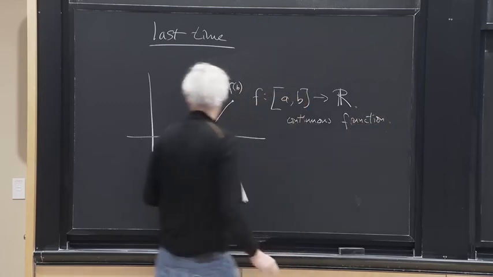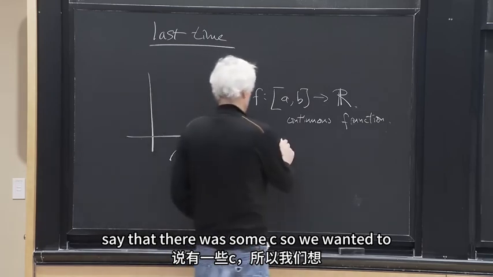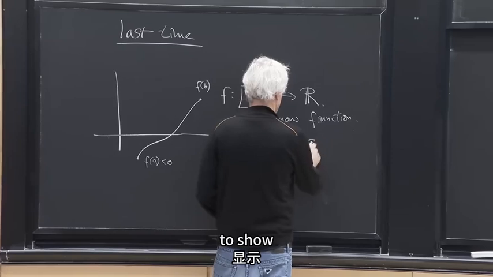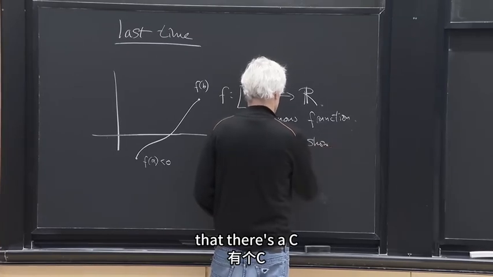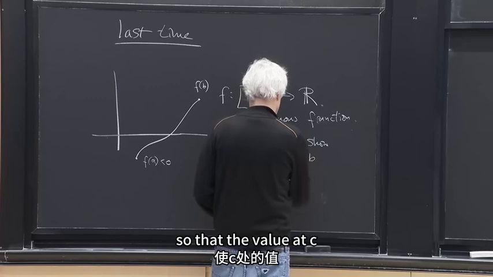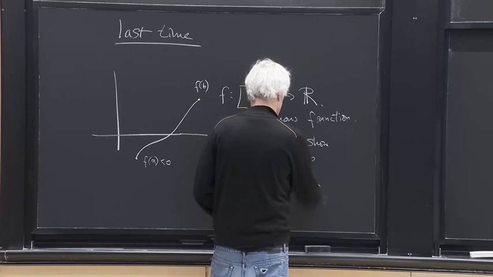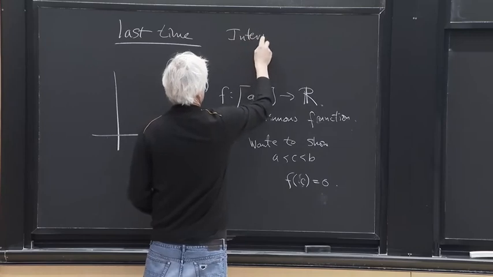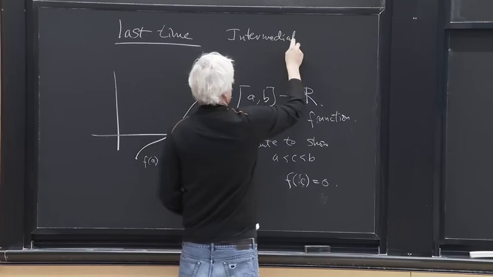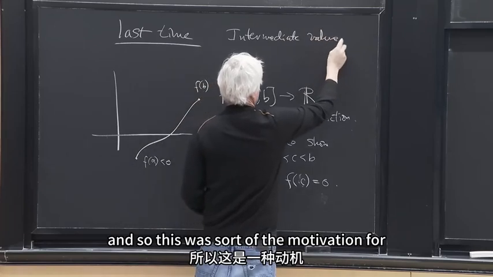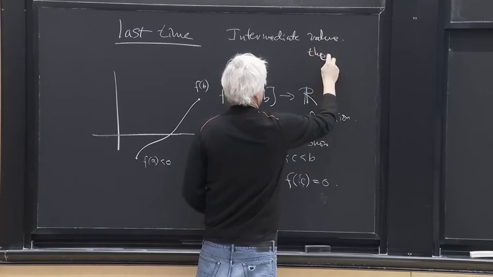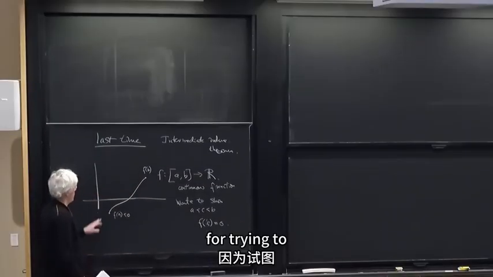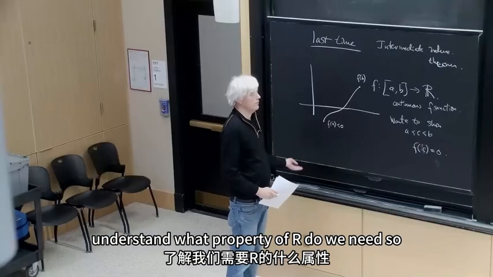and we wanted to show that there's a c between a and b so that the value at c is equal to 0. So this was the intermediate value thing. And this was a motivating example for trying to understand